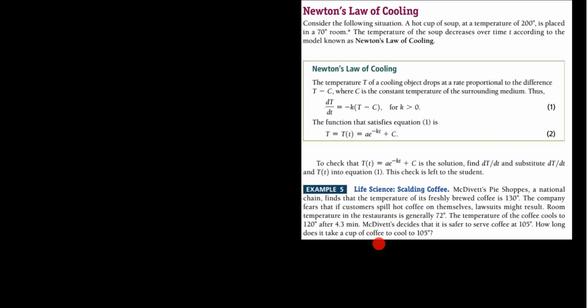How long does it take? How long does it take a cup of coffee to cool to 105 degrees? So, using these formulas that we have up here, we have to first figure out